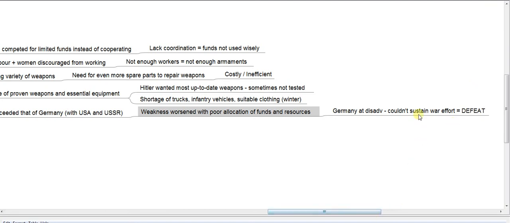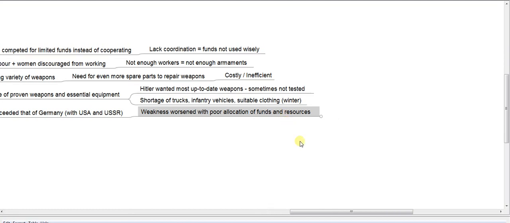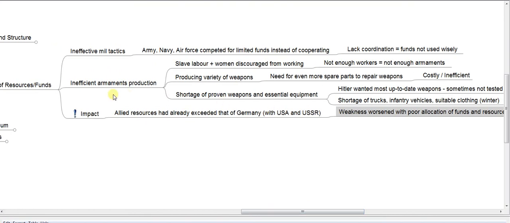Okay, so again, we think about the Allies being able to sustain the war effort, but the Germans, on the other hand, were not as capable as the Allies in sustaining the war effort, which led to its eventual defeat. Okay,